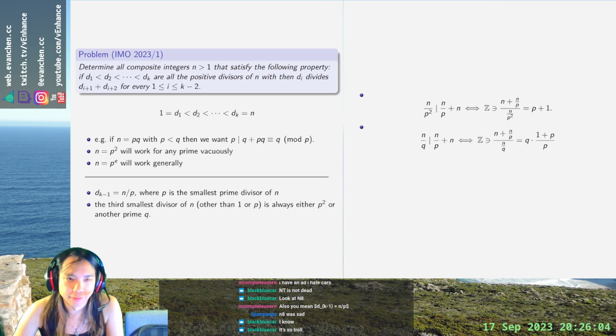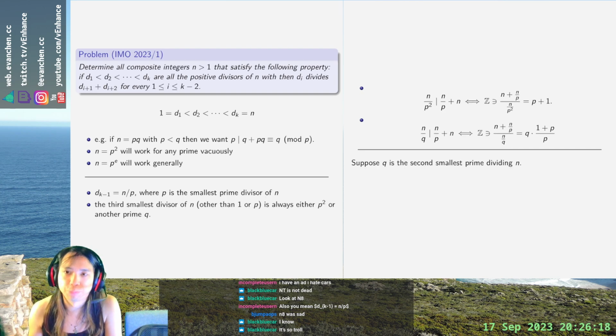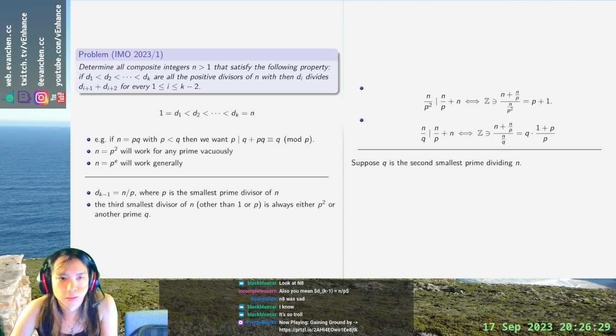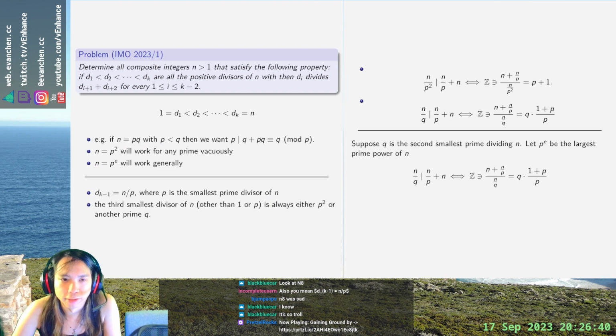Basically, the problem is once you have the second prime q, you're going to die. And the reason is, suppose q is the second smallest prime dividing n. Then all the divisors of n that are smaller than q have to be exactly the powers of p. So you can repeat this calculation that I just did, where p to the e is the largest prime power of n that's less than q, and then you put them in a line, and now what you need is n over p to the e